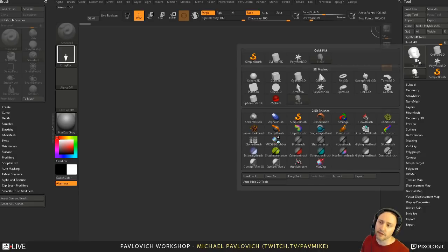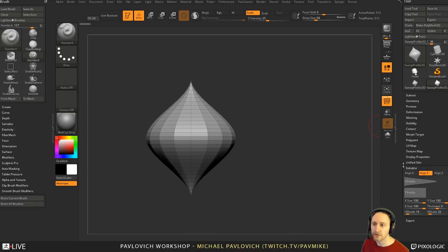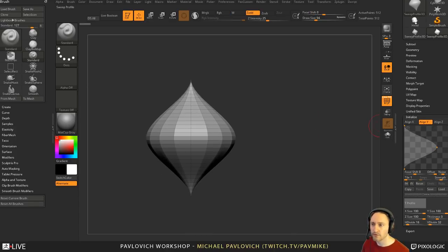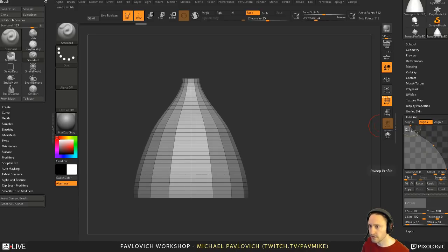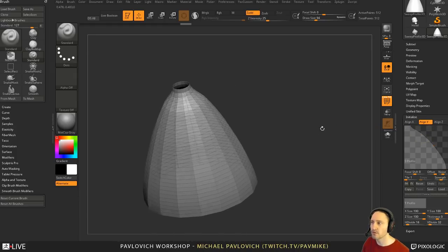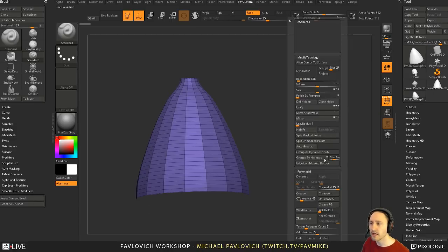is we'll start with a sweep profile. So we're going to go here, and we're going to go into initialize, and we're going to take this sweep profile, and we're just going to open up one of these ends here, and that's going to give us our overall curve here. We can go ahead and just drag that off, and we can put in a slight curve to a point type thing, and you can tap anywhere on this curve to manipulate that. So once we have that, I'm going to go ahead and do a make polymesh 3D, and we'll go ahead and do a